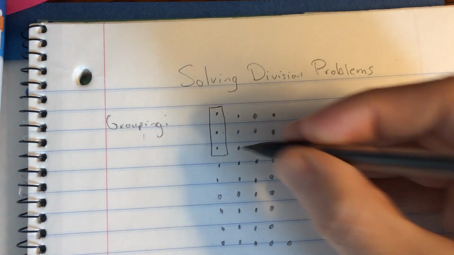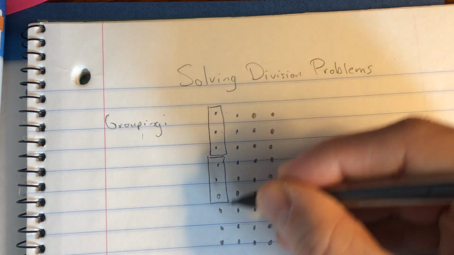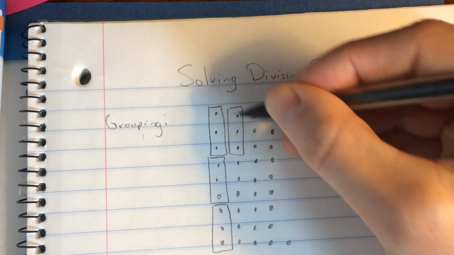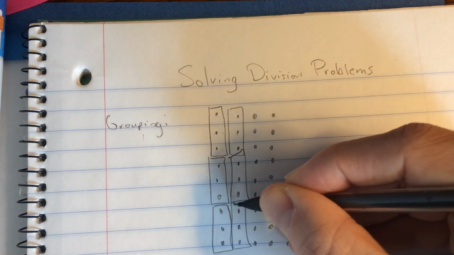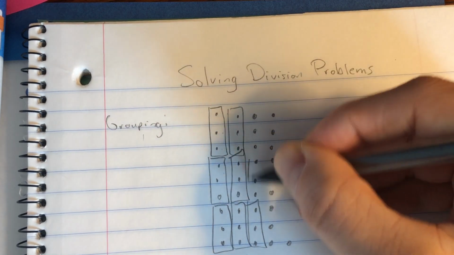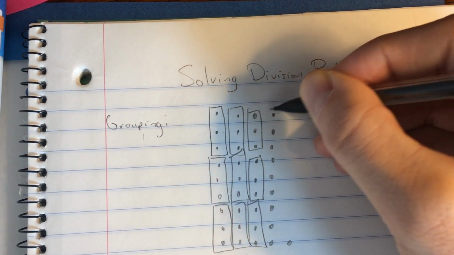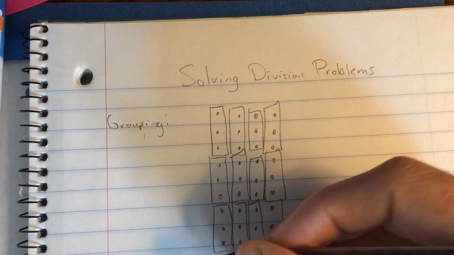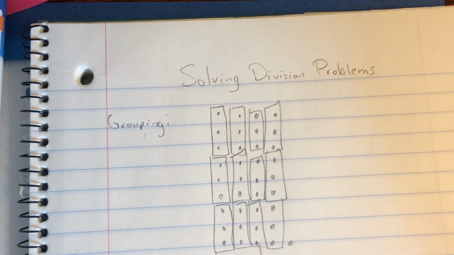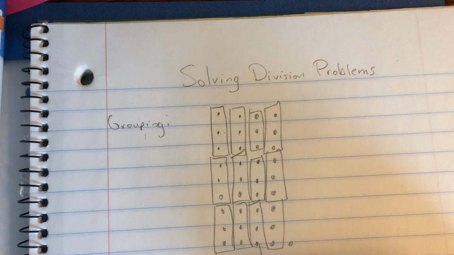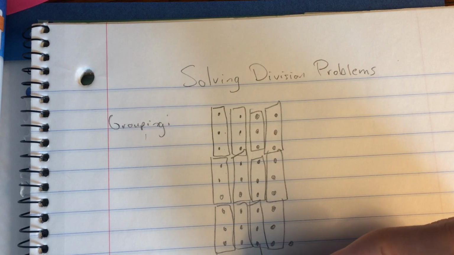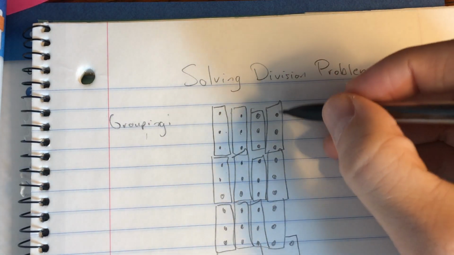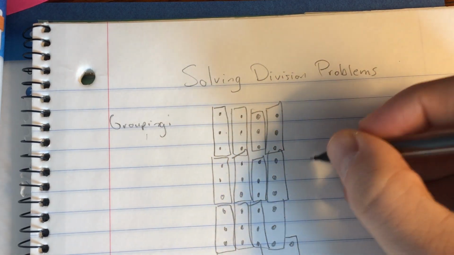There's 1 pencil case. 2, 3, 4, 5, 6, 7 pencil cases, 8, 9, 10, 11, 12, 13 pencil cases, and can we fit a 14th? 1, 2, 3, that's perfect. And we can have a 14th pencil case. And this represents all the pencil cases we would need, 14 of them,